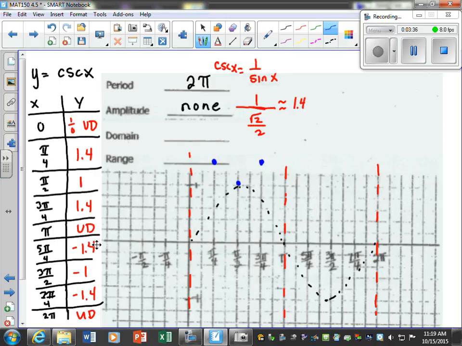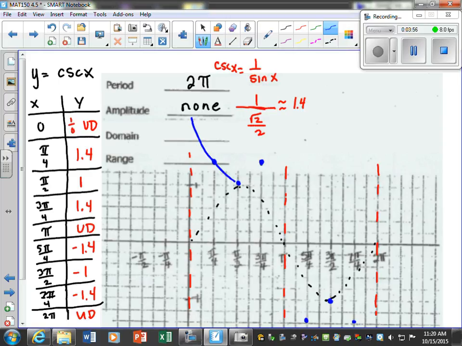So roughly we can see when we get to pi it's undefined. 5 pi fourths, I jump down here to negative 1.4, which would be here. 3 pi over 2, pi over 2. So you can see that